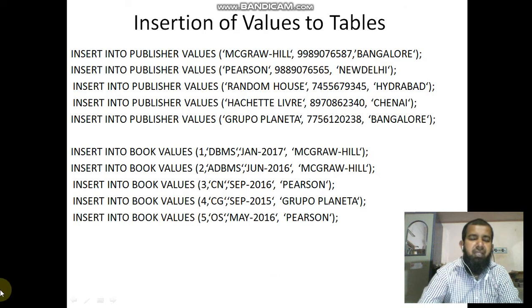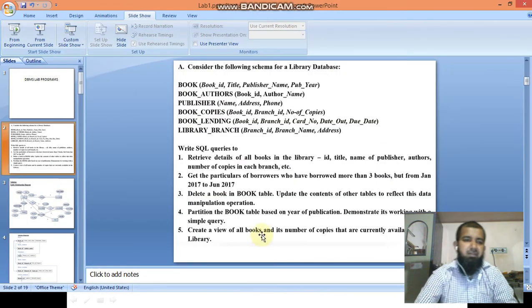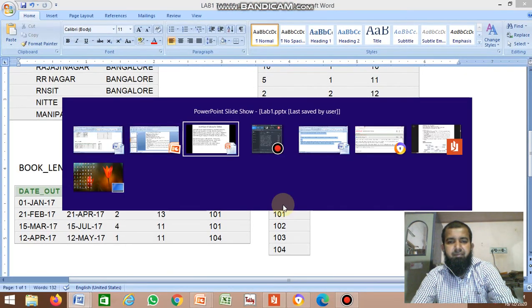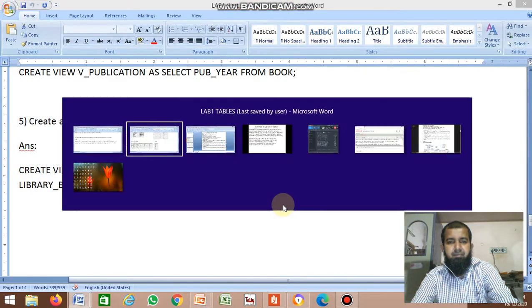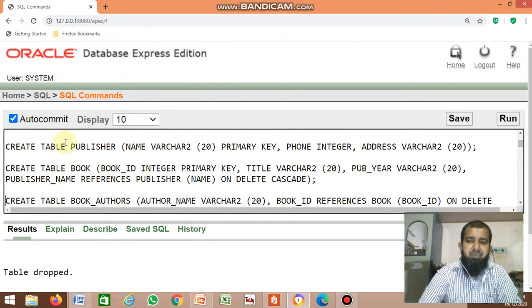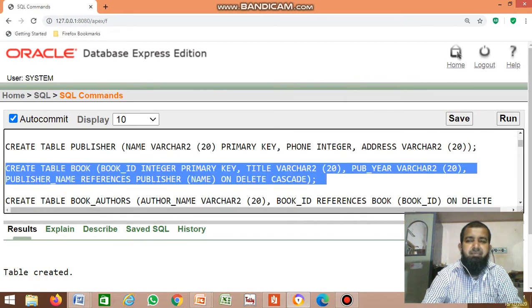Next, insertion. Before that, we'll create the tables in SQL, one by one. First, the publisher table. Let's select and run. Table created. Next, book table, also created.